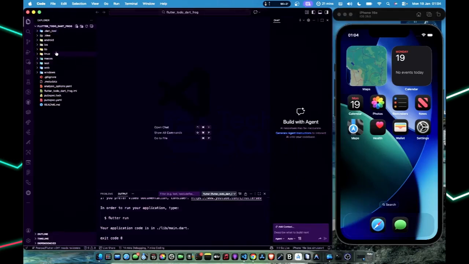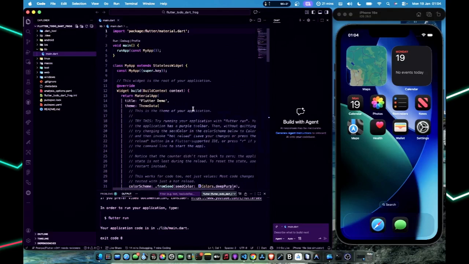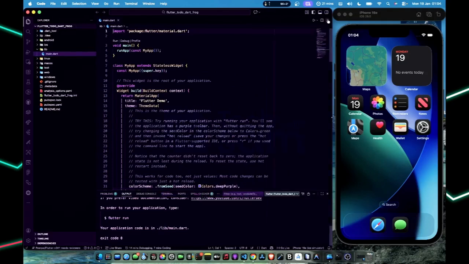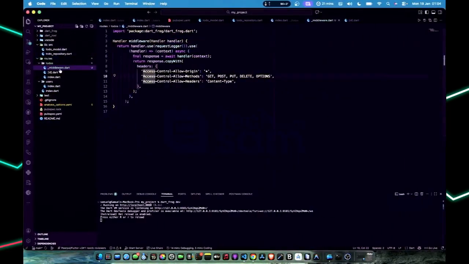So this is just the Flutter dummy data, our boilerplate code. So as I mentioned earlier, the quick plan is to use Flutter Riverpod for state management and Dio for HTTP requests. So that's what we'll be doing. So we'll be building a simple UI to contain the list of to-dos, and also to be able to create a new to-do, update a to-do, and delete a to-do. So the first thing is to create a model,